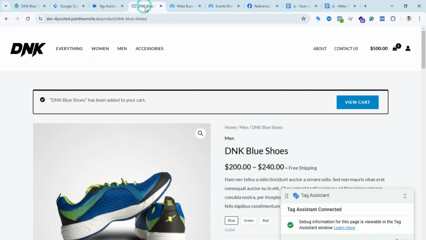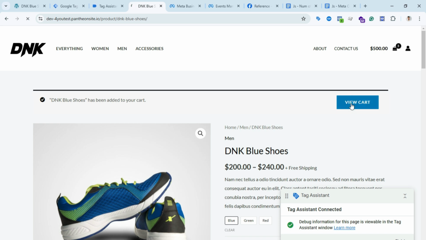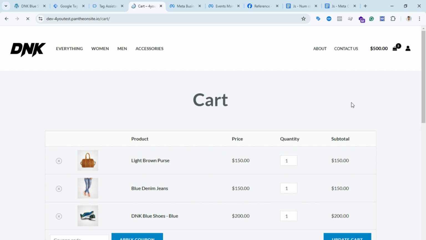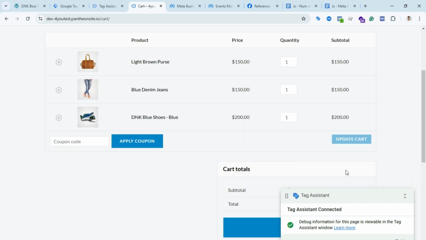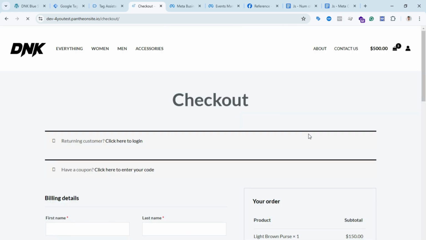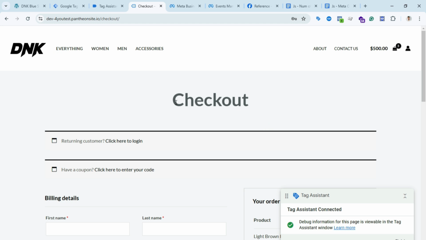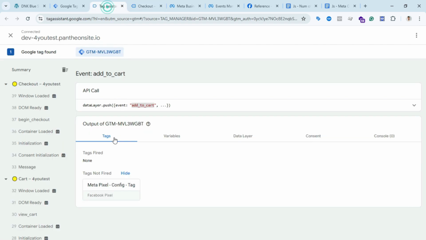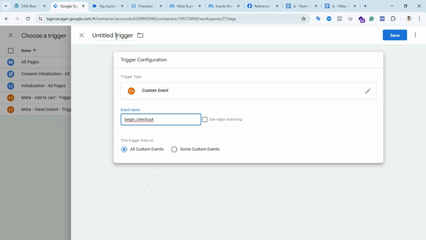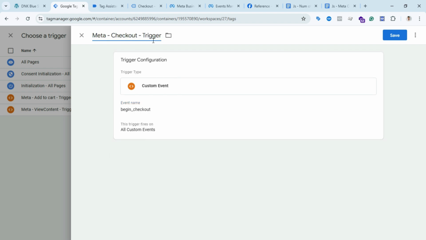For that, if you open your website and check out this product, you can see which event shows in GTM preview mode in the summary section. So I have to check out, then I can see which event shows in GTM preview mode. As we can see, I am already on the checkout page. If I open my tag assistant, I can see it shows begin_checkout. So now I can copy this event name and paste it here, then write the trigger name, perfect, meta checkout trigger, then